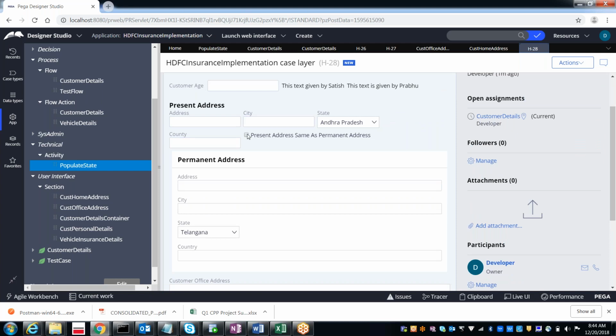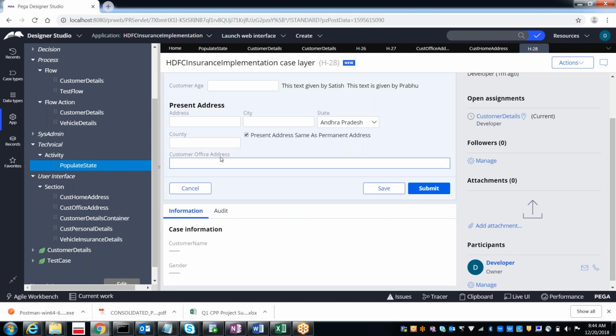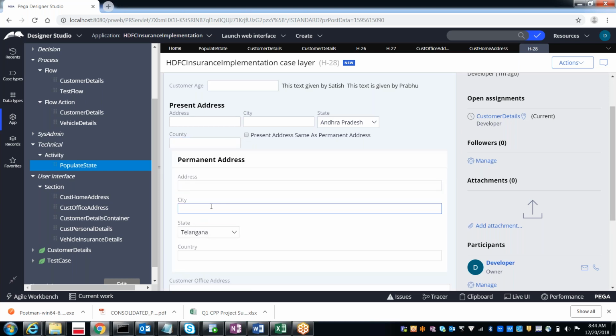When I select this checkbox, present address same as permanent address, right now we are hiding this layout. Instead, I want to populate the values and make it read only.